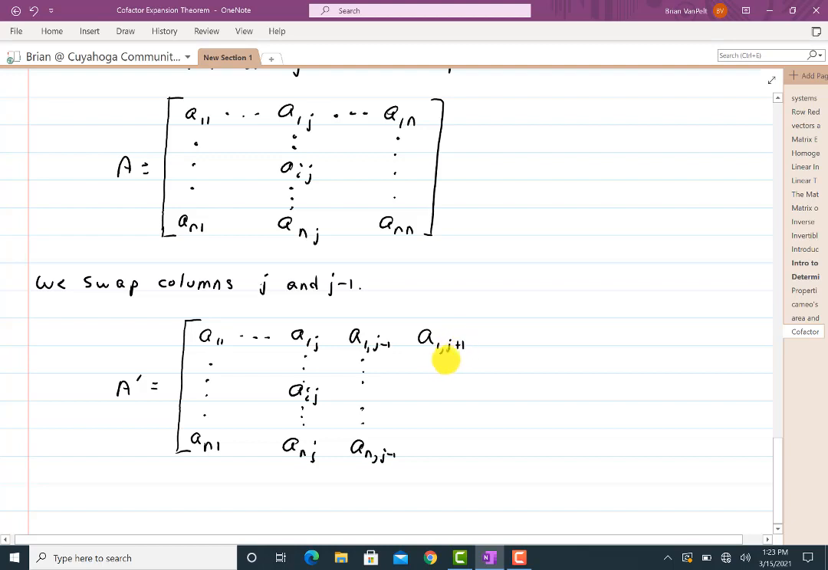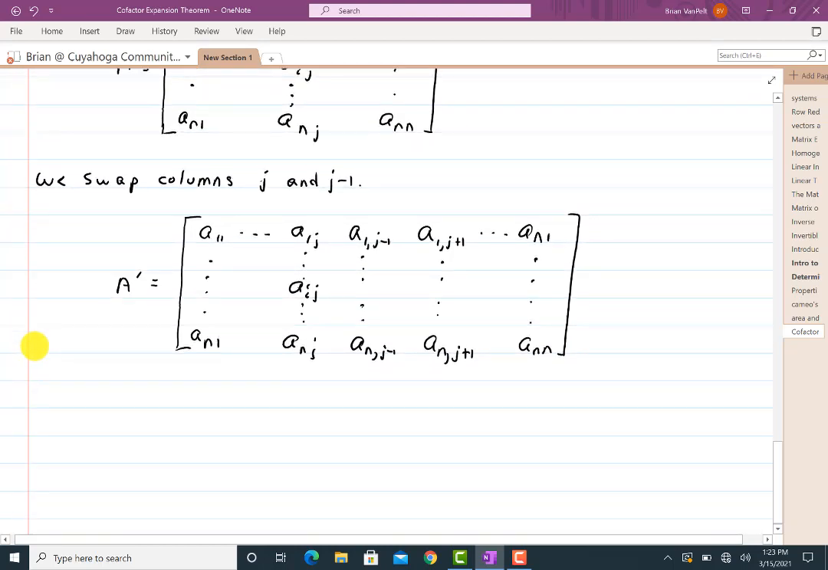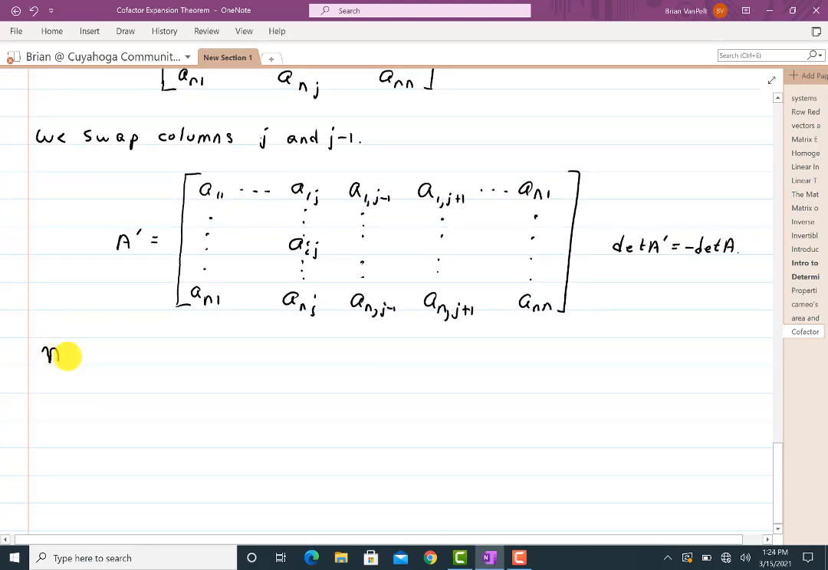And then after that, so far I have a negative attached to my determinant. So I guess we can keep track here. The determinant of A prime equals the negative of the determinant of A. Now swap columns J minus 1 and